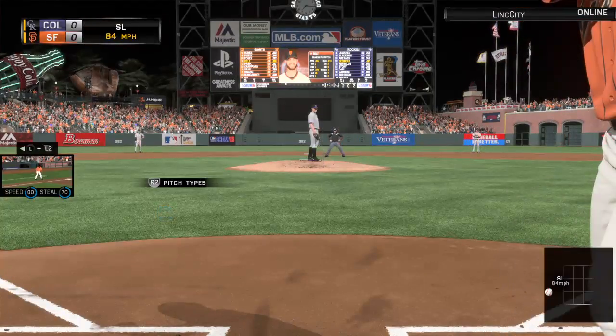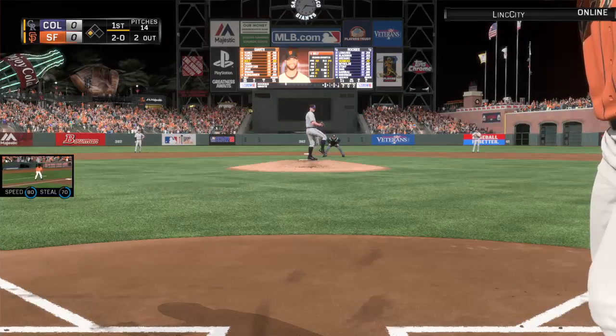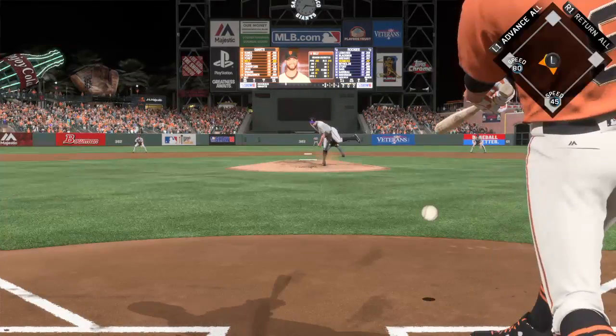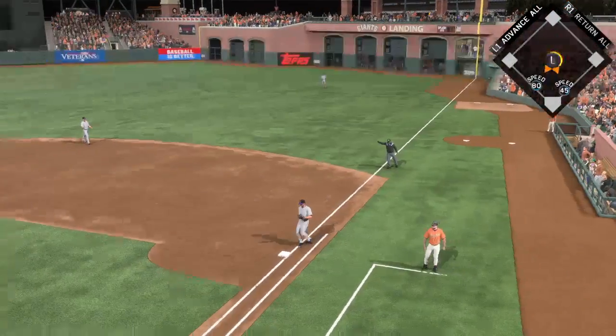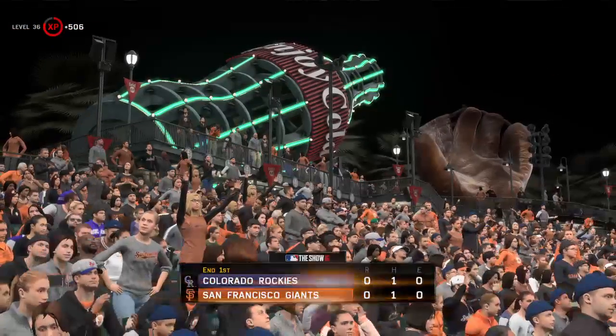Runs outside, so it goes to 2-0 now. 2 tough sliders there back-to-back, and he couldn't get him to bite on either. Now he might have to change tack here, down 2-0. Hit on the ground down the first baseline. And he'll step on the bag himself, and the inning is...